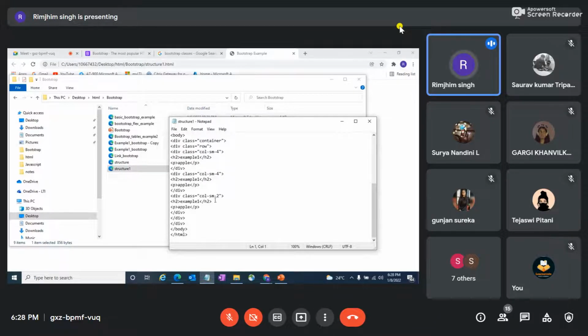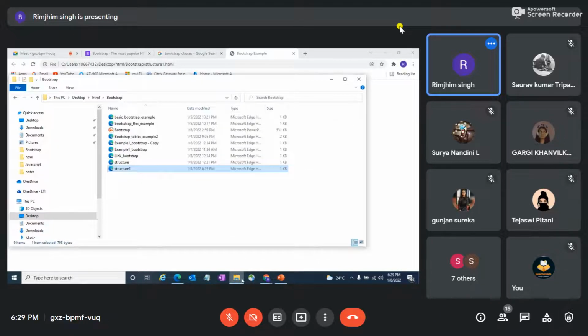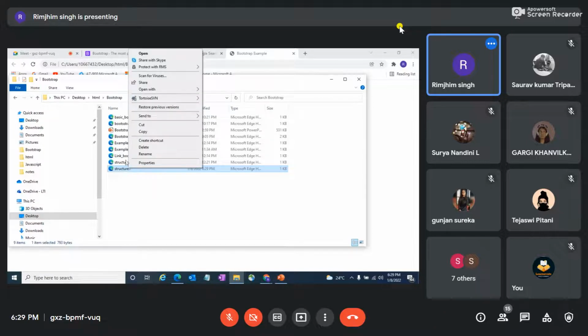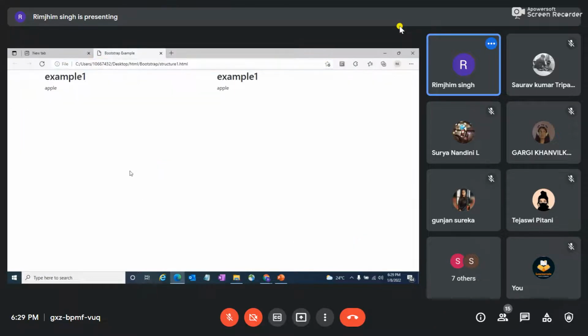And then also, as I told you, we can also use 12. Let's just give a resolution of 6 and 6 and see how our page looks. Yeah, so if you can see, it is equally divided into two, and it is working like that.